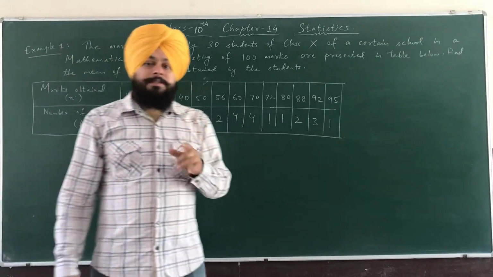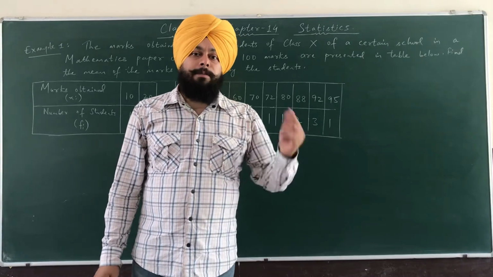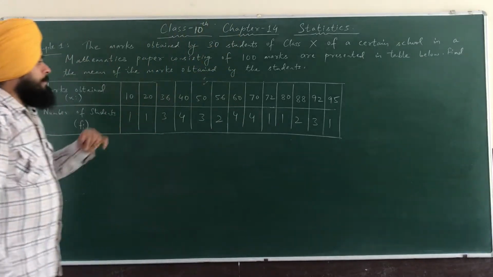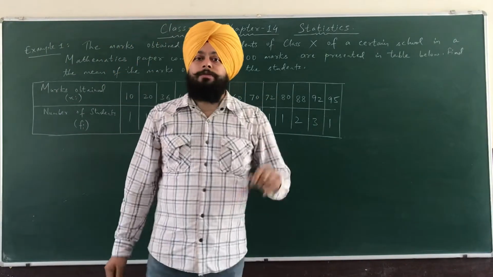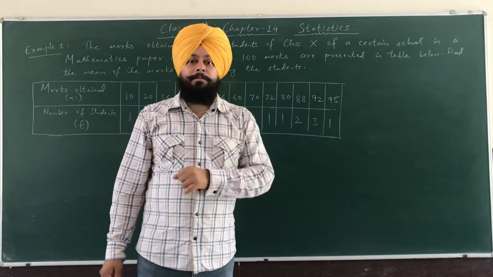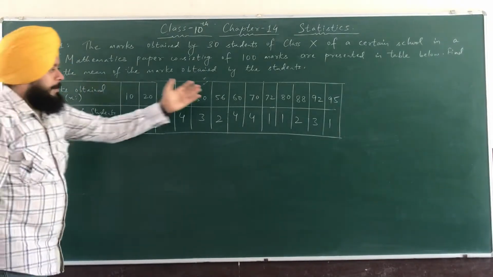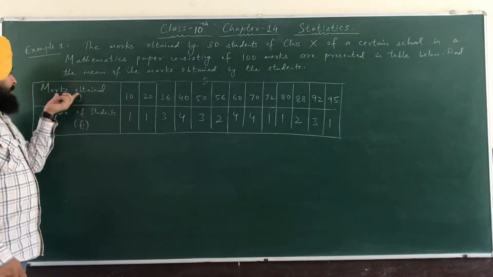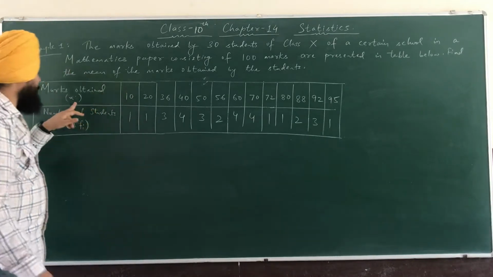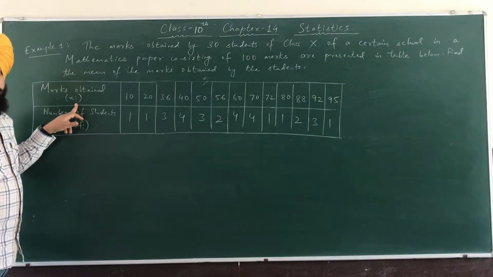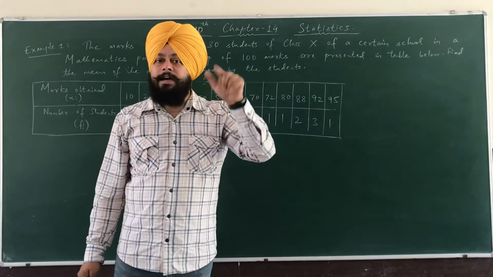मतलब कि 30 स्टूडेंट्स के मैथ्स के पेपर में आउट ऑफ 100 कितने कितने मार्क्स आए हैं हमें वो गिवन है. ठीक है. So find the mean of the marks obtained by the students. So we have to find the mean marks. You can see here this is a table in which the first row is marks obtained by the students. It is denoted by xi. ठीक है. जो मार्क्स हमें गिवन है स्टूडेंट्स के उसे हम xi से डिनोट करते हैं.